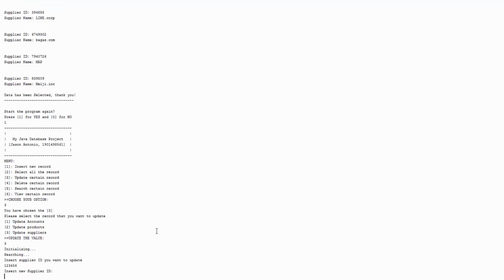So feature number 3 is the one where you can change your supplier ID or supplier name. You can change them in update. So update suppliers and then insert the latest that you already input, 1, 2, 3, 4, 5, 6, and the new supplier ID, for example 654321, and the new supplier name, how about Antonio.